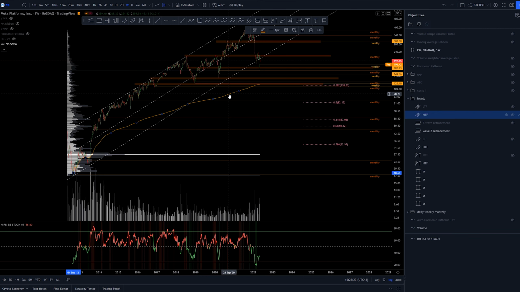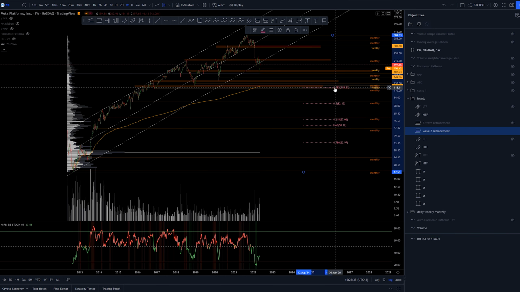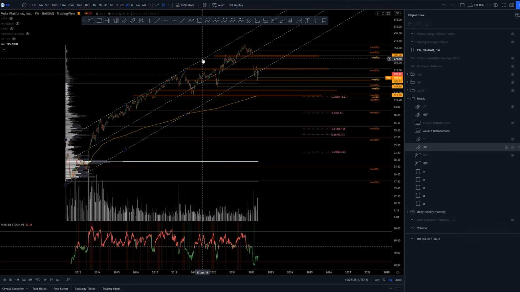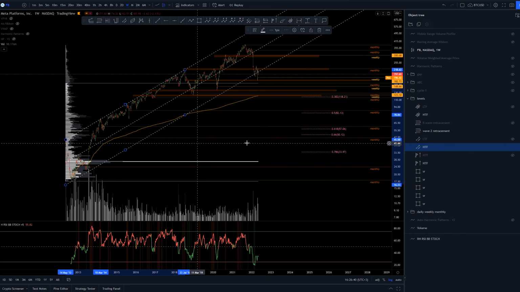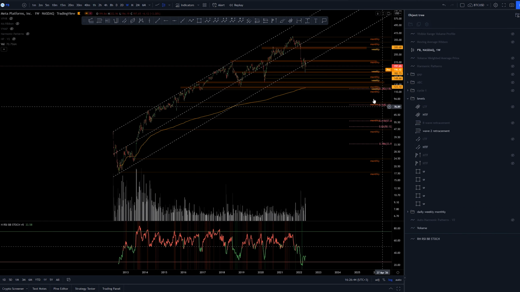This orange line here is the anchored VWAP from the all-time lows. Then we got a Fibonacci retracement from the all-time lows to the all-time highs, giving us some levels of interest to look at. And then this parallel channel that we established here, that we have currently